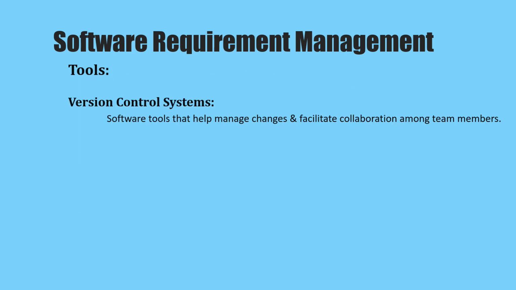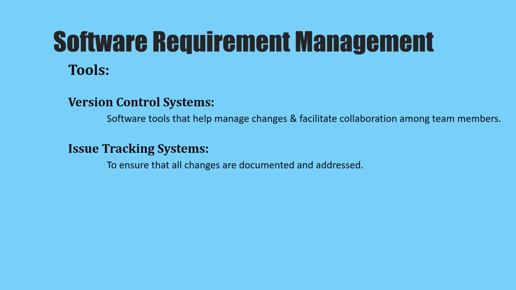Software requirement management tools. Version control system: software tools that help manage changes to documents and facilitate collaboration among team members. Issue tracking system: tools used to log, track, and manage change requests related to requirements, ensuring that all changes are documented and addressed. Benefits: ensures that changes to requirements are systematically evaluated and implemented,